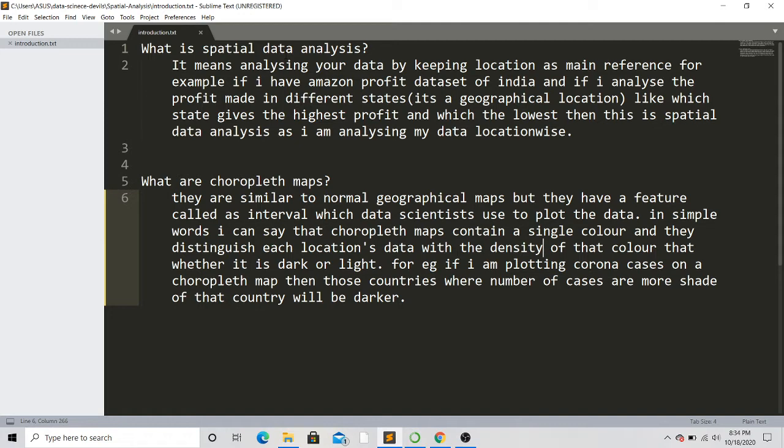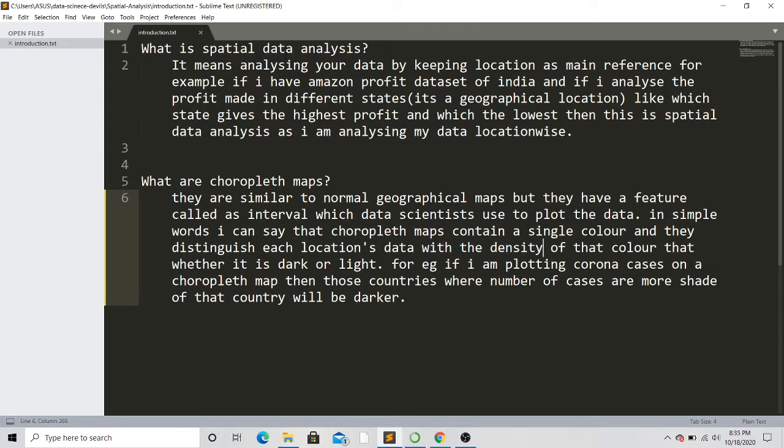So, if this data is about India, then I want to analyze profit made by Amazon by keeping states as my main reference. That is, I want to know Amazon makes the most profit from which state, Amazon makes the least profit from which state, and I also want to know from which state Amazon makes the average profit.